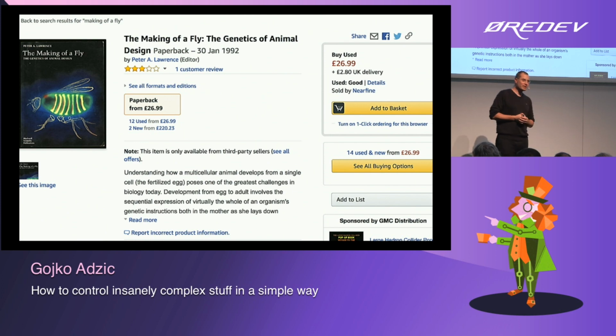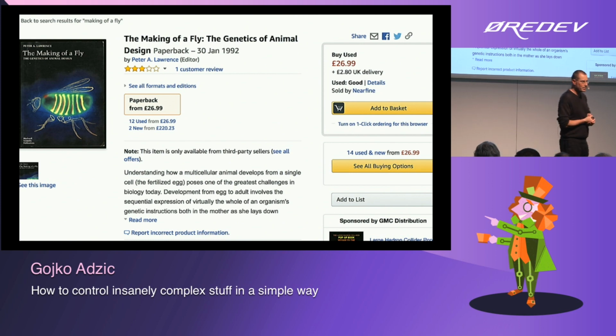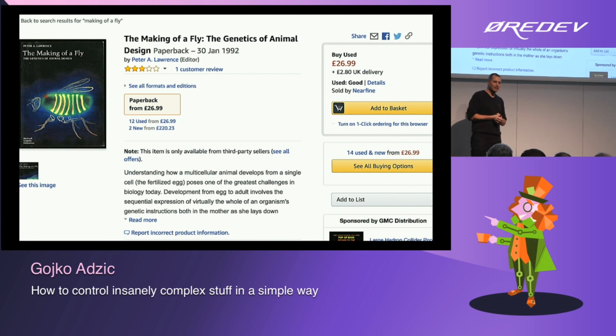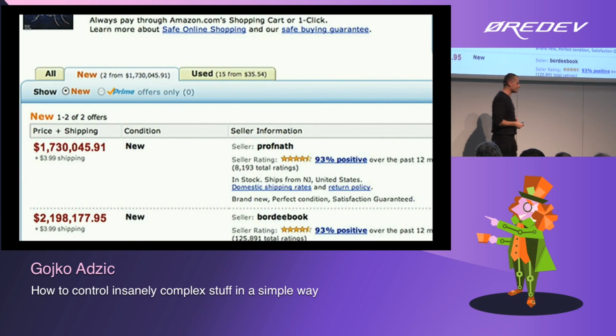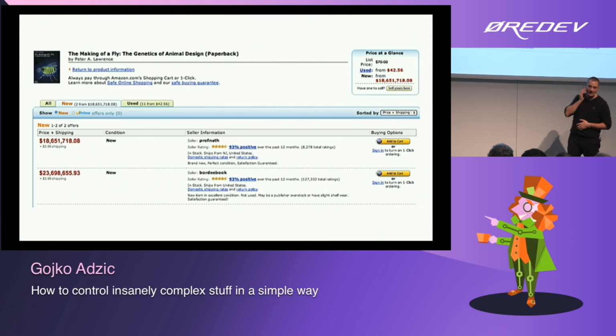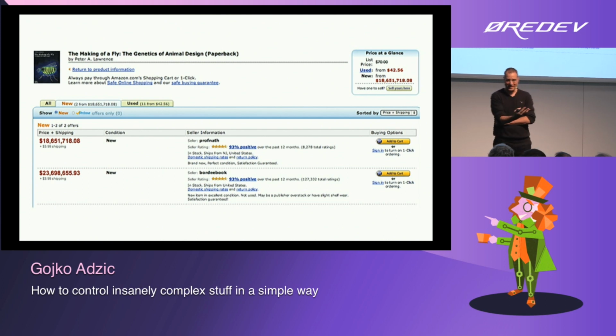So his algorithm would say, this guy is now showing up as soon as he published the book. These guys are now showing up. I'm going to go 5% higher. And then the other guy said, now we are no longer 10% of the cheapest. We can't do the transaction profitably. Let's go a bit higher. And in 2 days, it reached these numbers. And in 5 days, it reached 23 million. So that's an example of a runaway process, where everybody thinks they're doing what they're doing, but they've coupled stuff they shouldn't be coupling, and it's just going crazy.